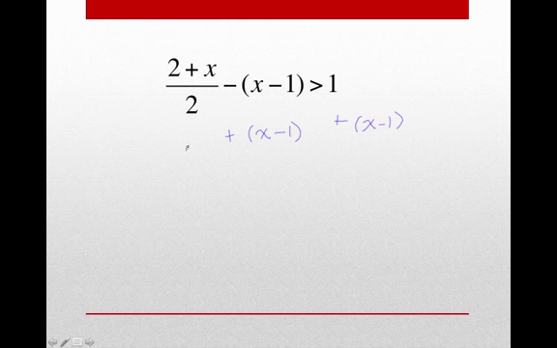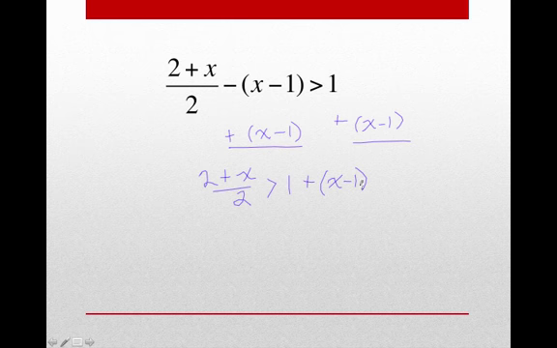All right, and I will have left over 2 plus x divided by 2 is greater than 1, and then I had to add my x minus 1. Again, I didn't multiply first because this part did not have a denominator. So I got rid of this piece first by bringing it over to this side. All right, so now I have a denominator that I'm going to have to get rid of, but before I do that,